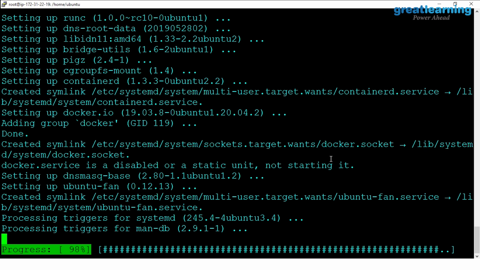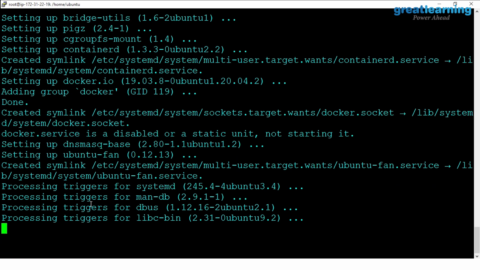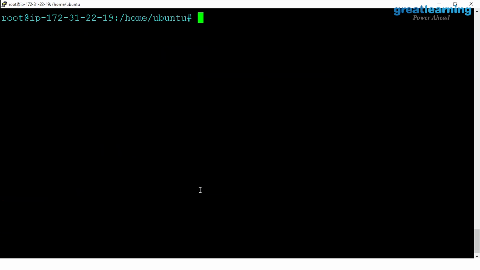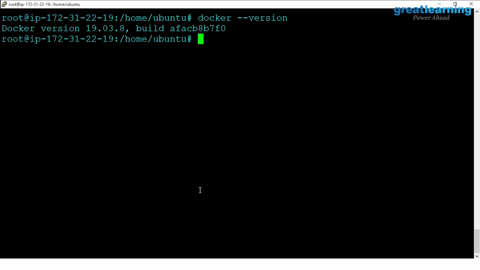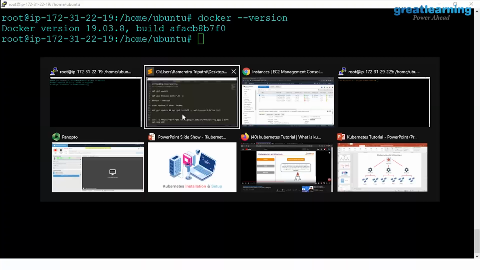You should be using the prefix sudo, but just for the sake of practice, we are doing this. All right, so now that we've installed Docker, let me just make sure the installation is fine. All right, the installation is fine. And now I'm going to go ahead and install the